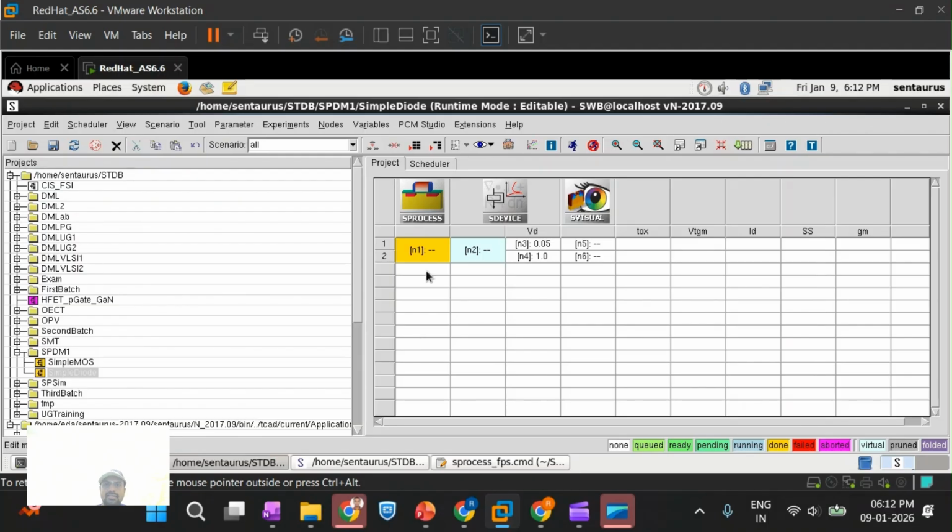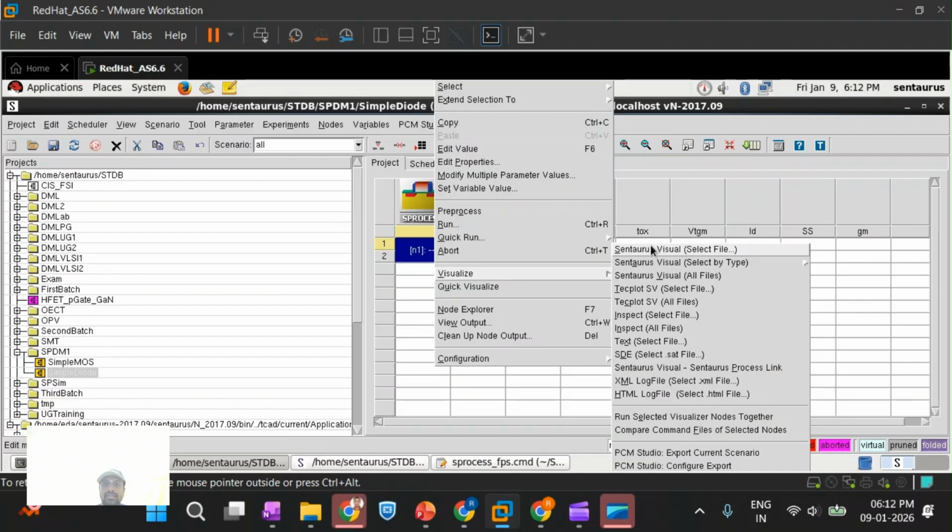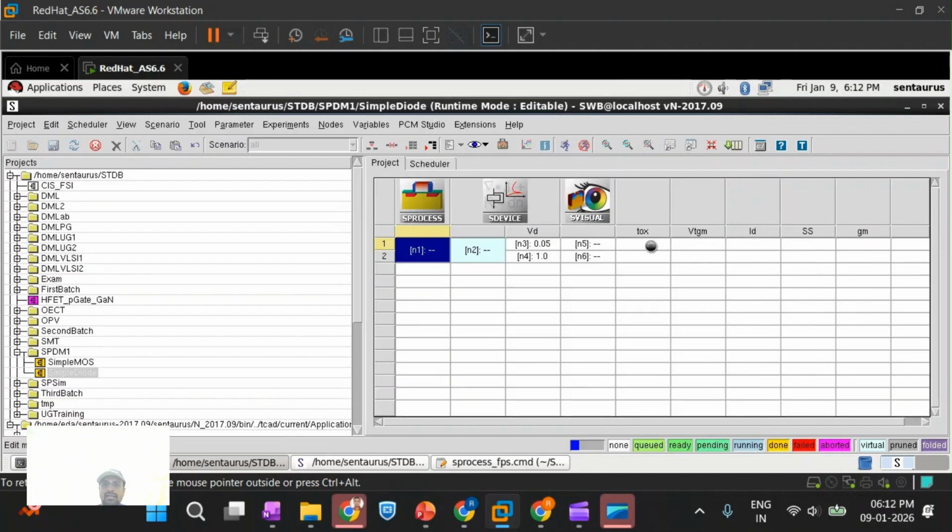Let us go here. Once it turns yellow, it's done. Now right click, visualize to see the output. Remember, you have to right click on the node, right? Select file,